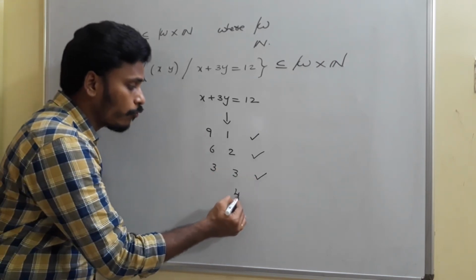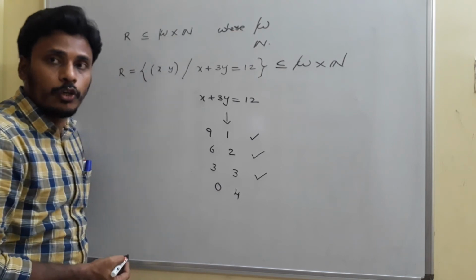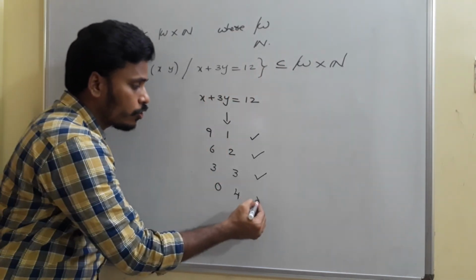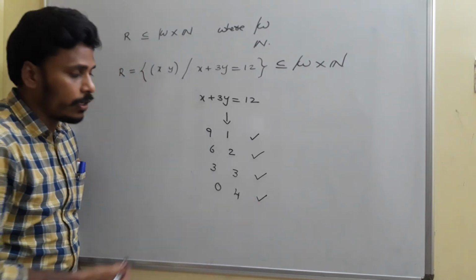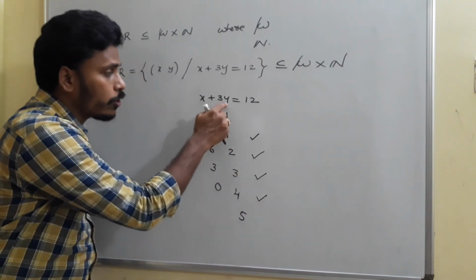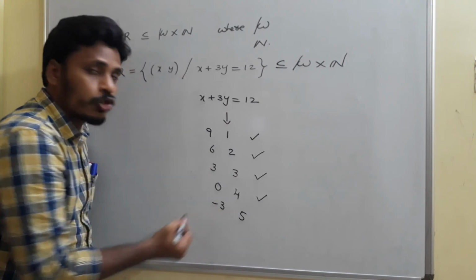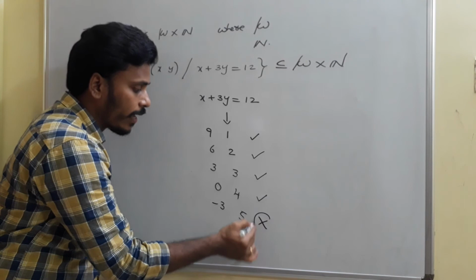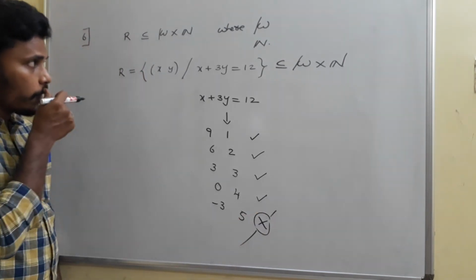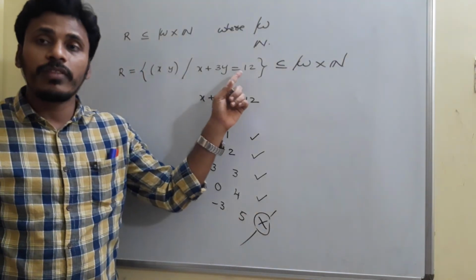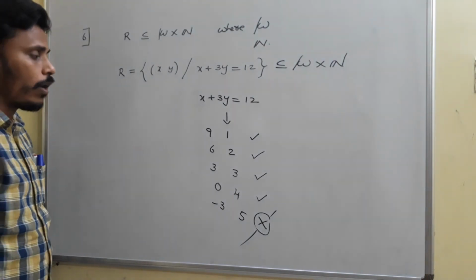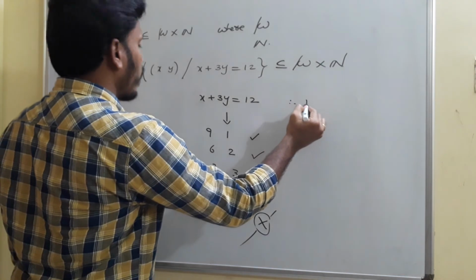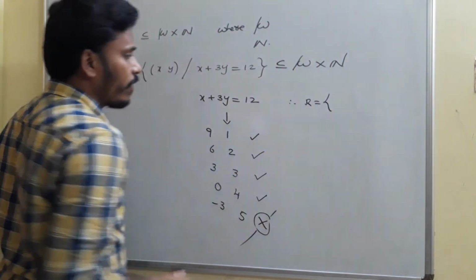If y is equal to 4, then for sure x is equal to 0. Since x is a whole number, 0 is there in the whole numbers, so 0 comma 4 is also one possibility. If y is equal to 5, then you get x is equal to minus 3. Since minus 3 is not there in the whole numbers, we need to neglect it. So at the end, this rule of the relation x plus 3y is equal to 12 is satisfied by just these elements. So we will simply write that the relation R as per the given rule is